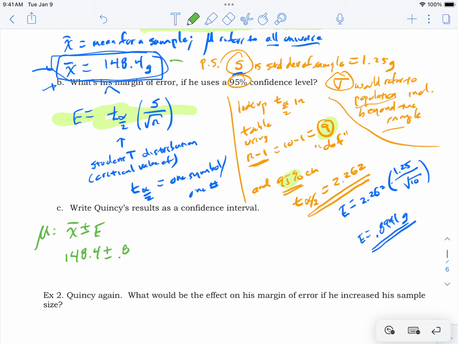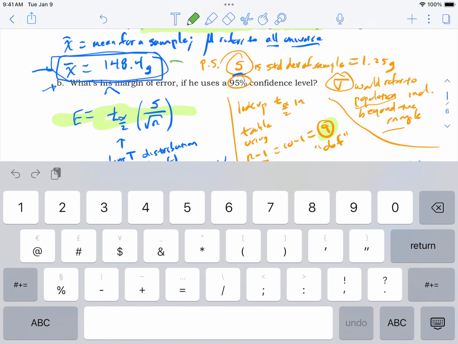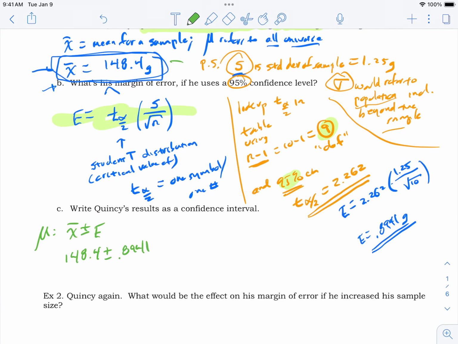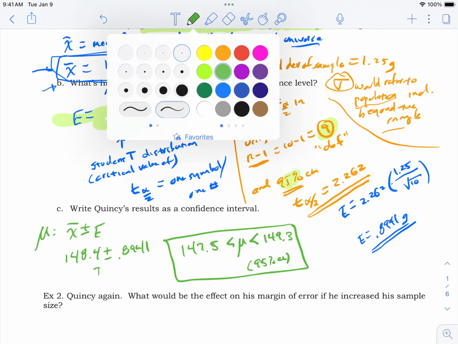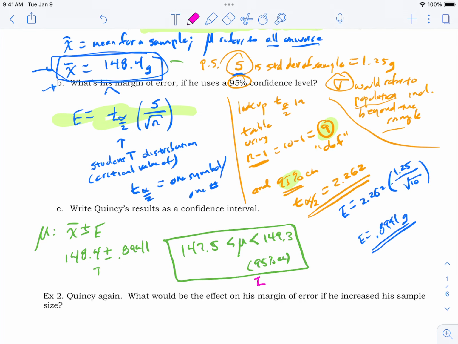Yeah, I guess that's what I did. So 0.8941. And so if you go 148.4 and you subtract that, you're going to get something like a 147.5. I don't want to show more decimal places than this has. So something like 147.5 on the low end, and on the high end, add that, you're getting something like a 149.3. And remember to state your confidence level. Okay, there's our answer. I'm going to get out the red now, or the pinkish anyway. Must